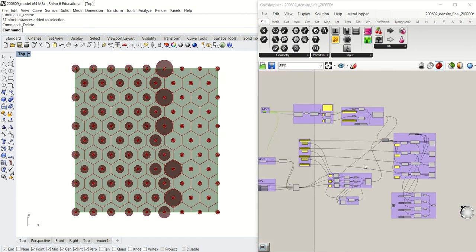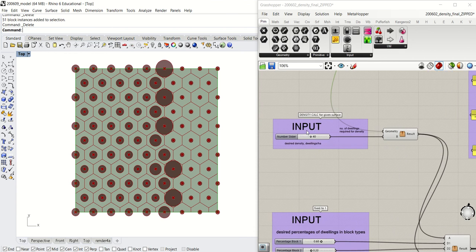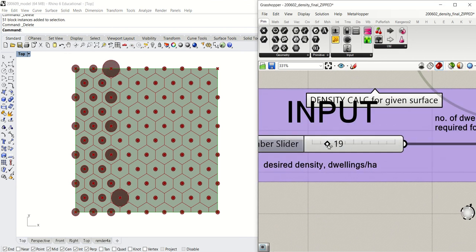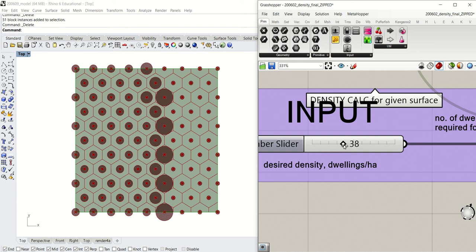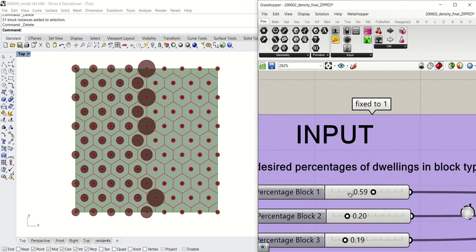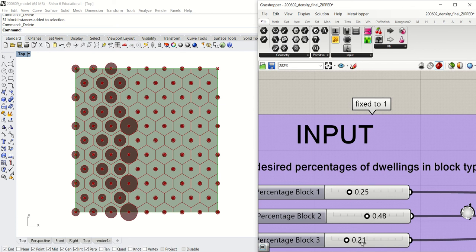If we come back to the slider inputs, if you firstly adjust the density, you can immediately see how that ratio of the green space to the dwellings changes. And similarly with the ratios of these blocks, you get an immediate, quick idea of what it will look like with these kinds of